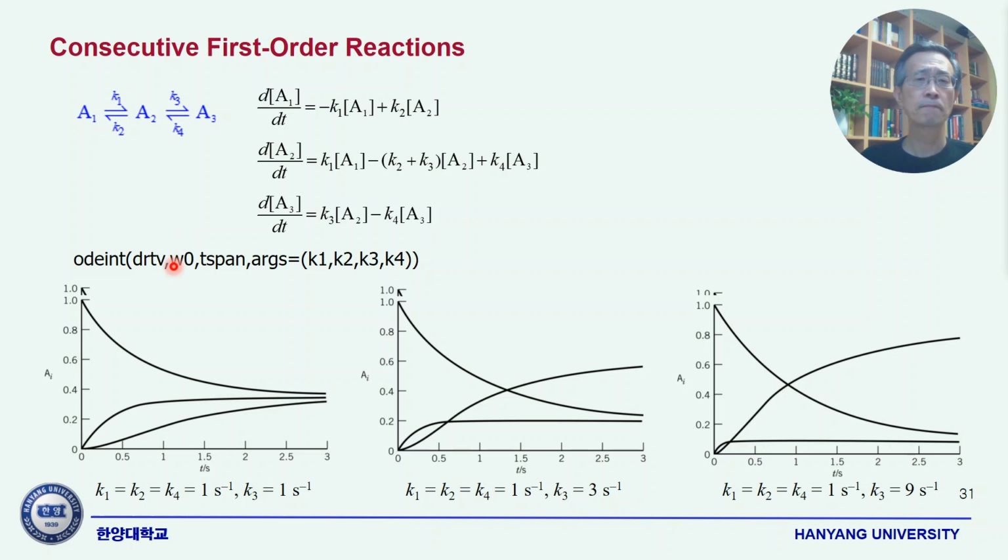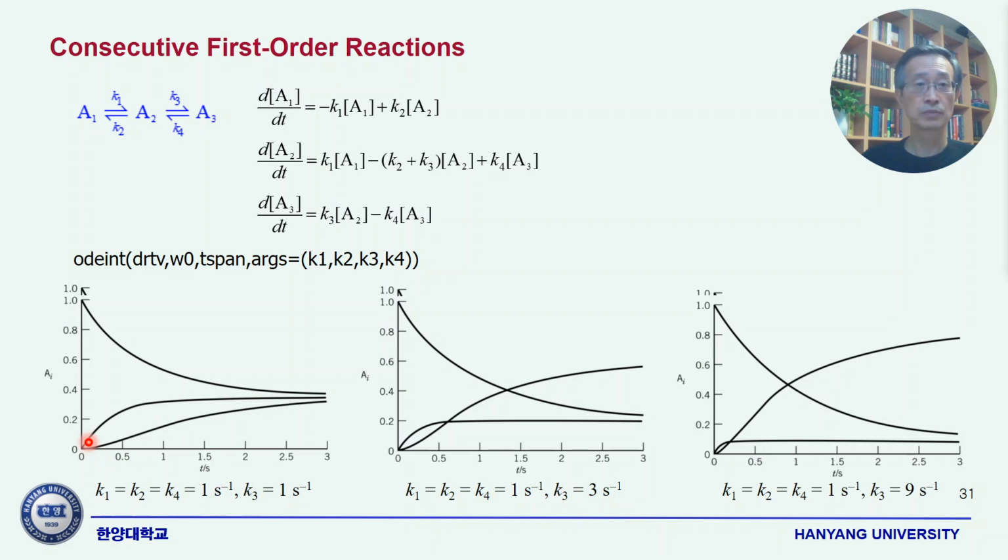Like that, and then time span is the time point we are going to use, and then k1, k2, k3, k4 are all rate constants here, and this will be coded as drdt, the derivative. Okay, and then the result is that, with all k1, k2, k3, k4 equal to 1 per second,